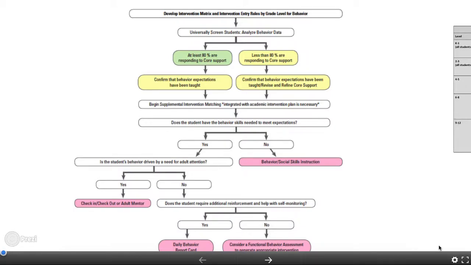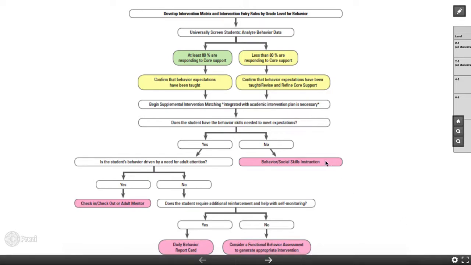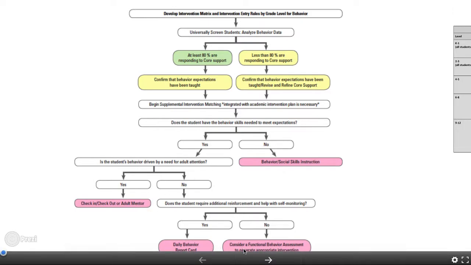Hello. As we enter Module 2.4 and take a look at standardizing an intervention system for behavior, engagement, and attendance, we want to look closely at developing an intervention matrix for behavior and also how to connect students with the correct intervention. You can see from the flowchart we're about to walk through that we have four pink sections, or four areas where we're going to discuss a standardized intervention